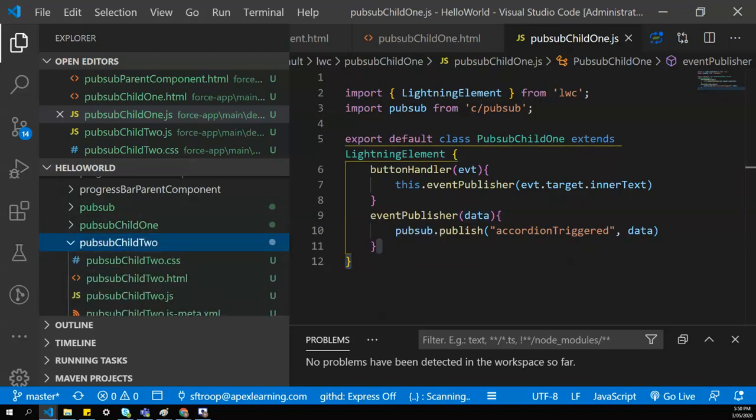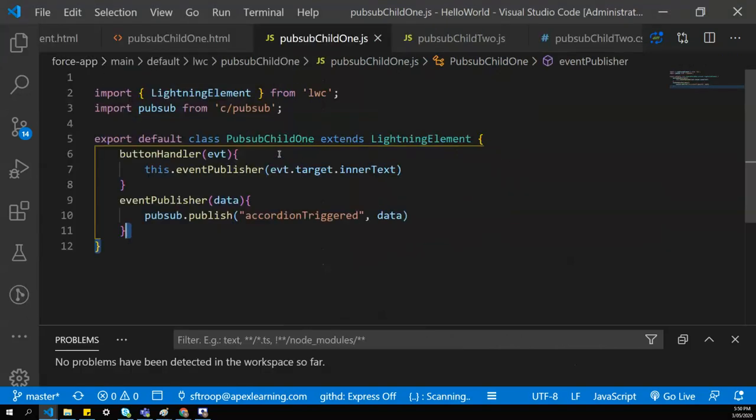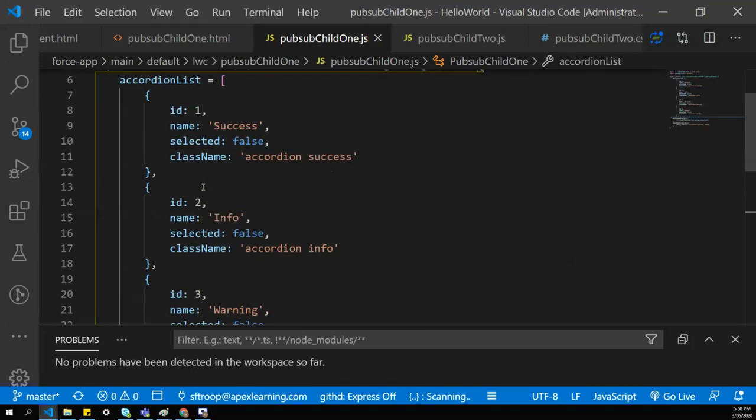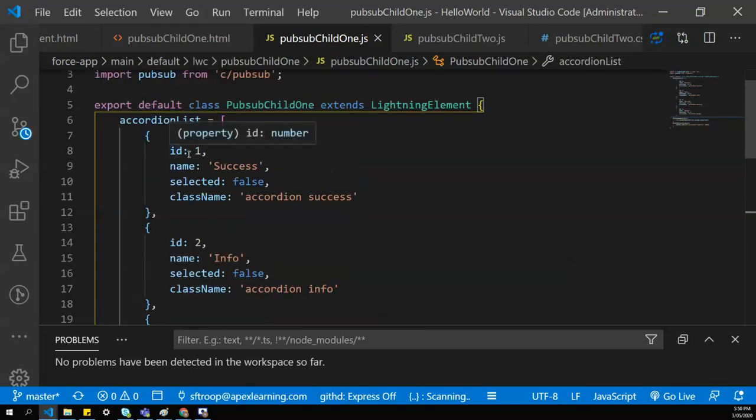Let's go to our child 2. In child 2, we'll create an accordion list. I already have an array of the accordion list that has an ID, name, whether the accordion is open or not based on the property selected, and the class names.